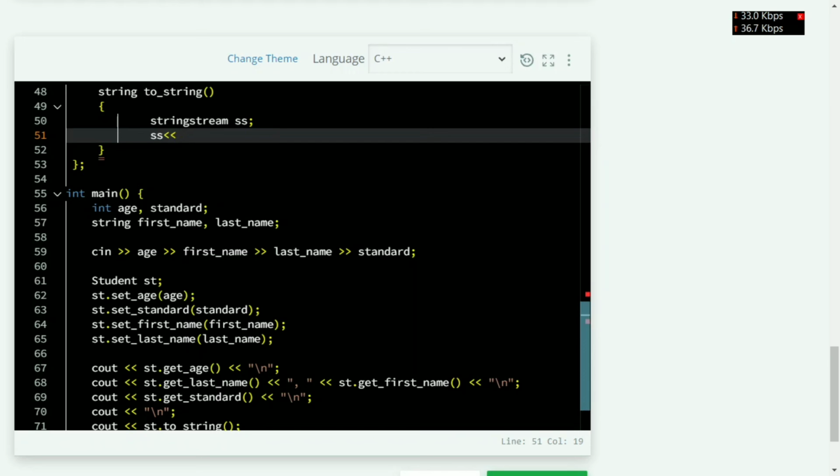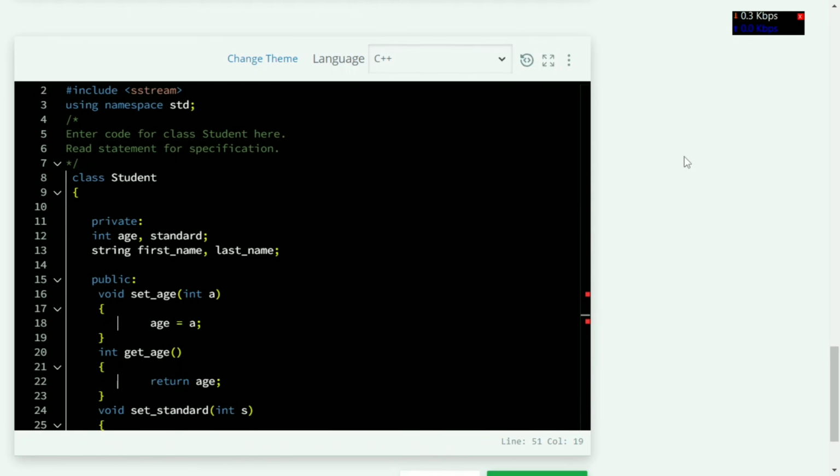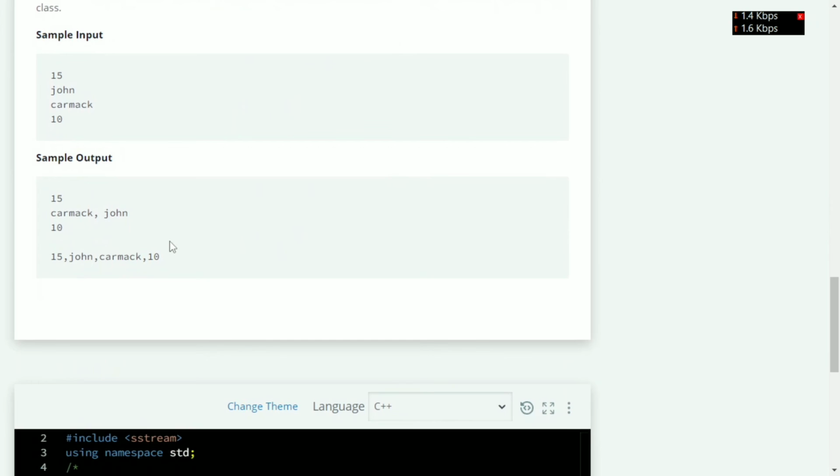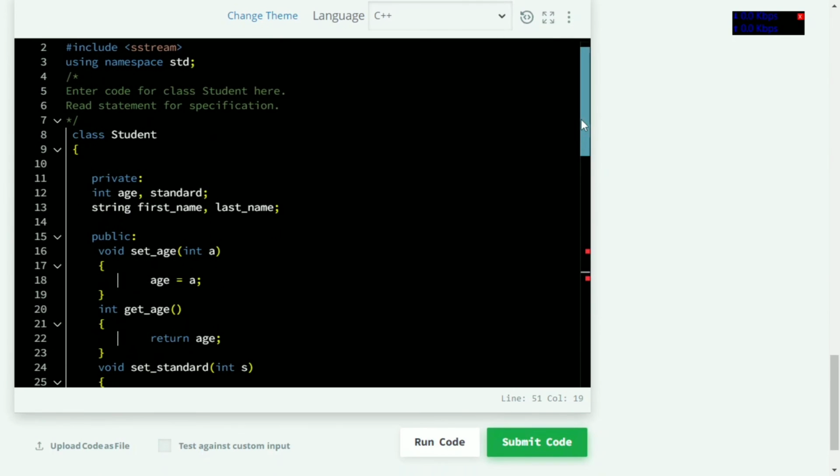The next thing is we will print the values to ss. First of all we have to print the age of the student, as you can see here, then comma, then first name, then comma, then last name, then comma, then standard. So for that I am going to code.